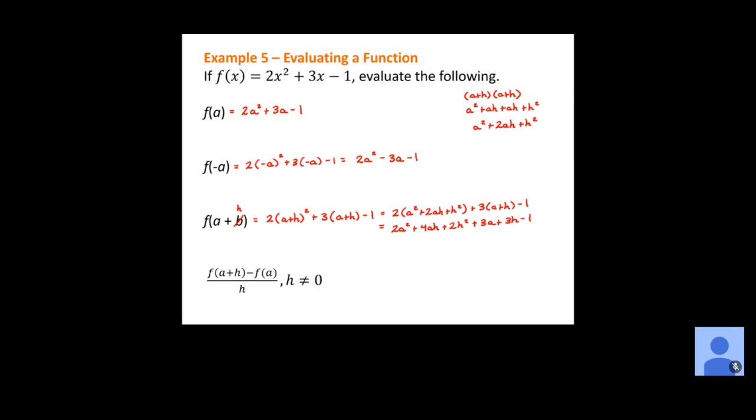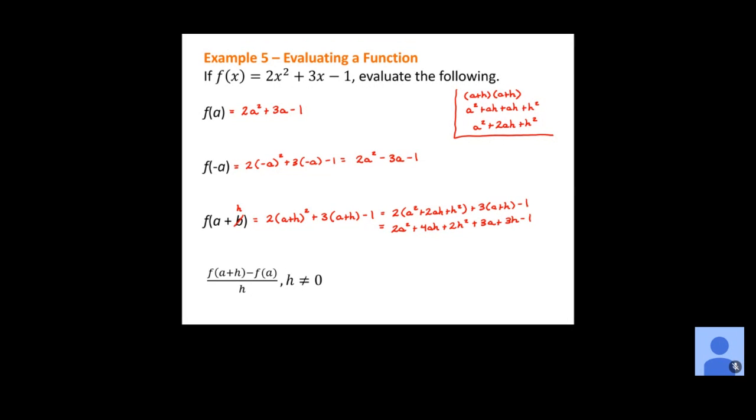And again, the big thing here is just make sure when you do a plus h squared, we have to do that work up there. It's really easy just to try to distribute that square, right, to the a and the h. Okay, but just remember that's actually FOIL. So you have to FOIL it out, combine like terms.